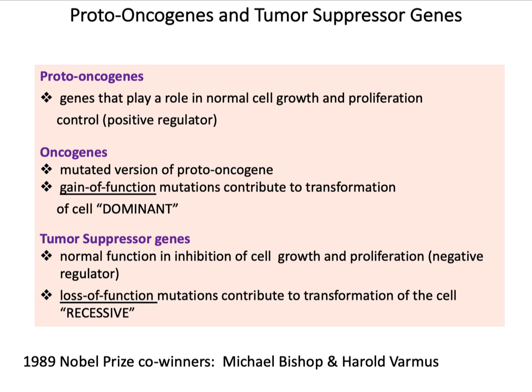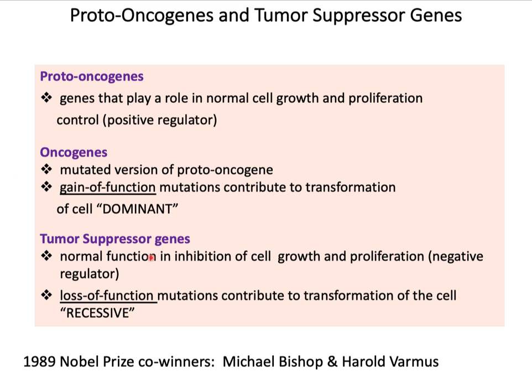So the time that elapses between your report of a discovery and the awarding of the Nobel Prize really indicates the importance of your finding. So anyway, there are two main classes of genes that contribute to the transformed phenotype, and they are oncogenes and